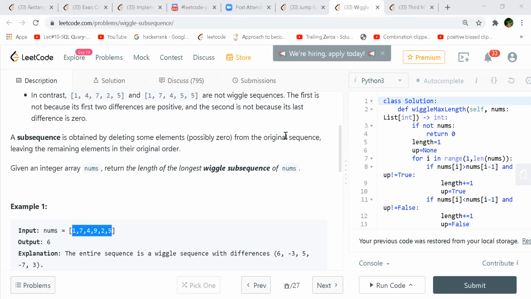We only have to return the number, not the sequence, so that is good. I'll convert the whole of nums into a difference array first, like 6 minus 3, 5 minus 7, 3, and use this difference array to find a longest common subsequence.